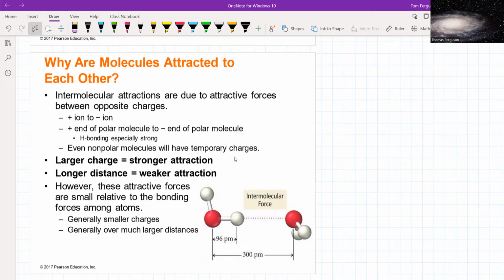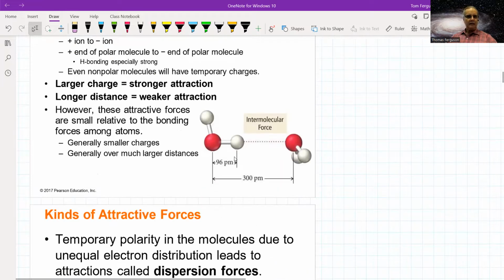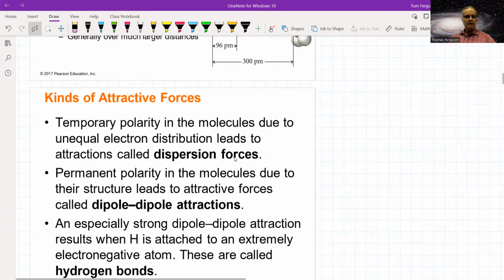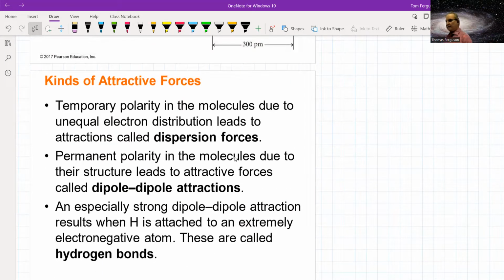Now, the interesting thing about intermolecular forces, there are three different kinds. And I'm going to talk about them in reverse order. I'm going to talk about this one last because it's the trickiest to understand. Okay, so